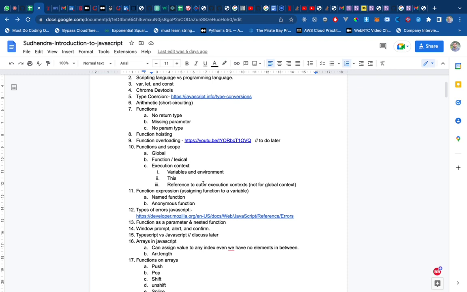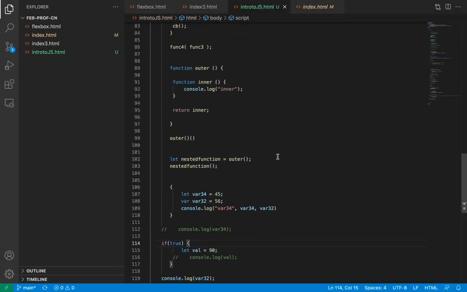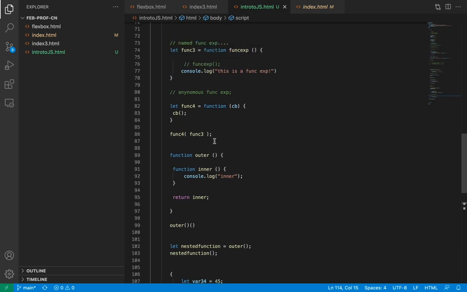So every running function has three things. First is its own variable and environment. Second thing is a reference to the outer execution context. A reference to the outer execution context is not something very typical. We just want to mention